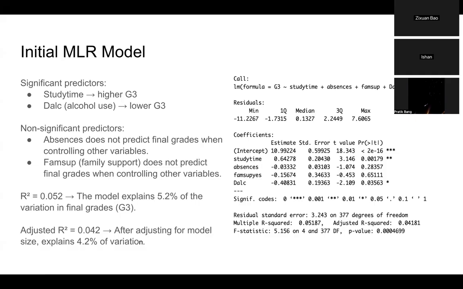Even though R square is just 5.2%, I think with other studies that we refer to, it's typical for this kind of data to have a low R square, where human performance is influenced by many unmeasured factors, which we have not considered in this study. What matters here is that the significant predictors are consistent, and we can interpret them meaningfully. Now, if you can go to the next slide.